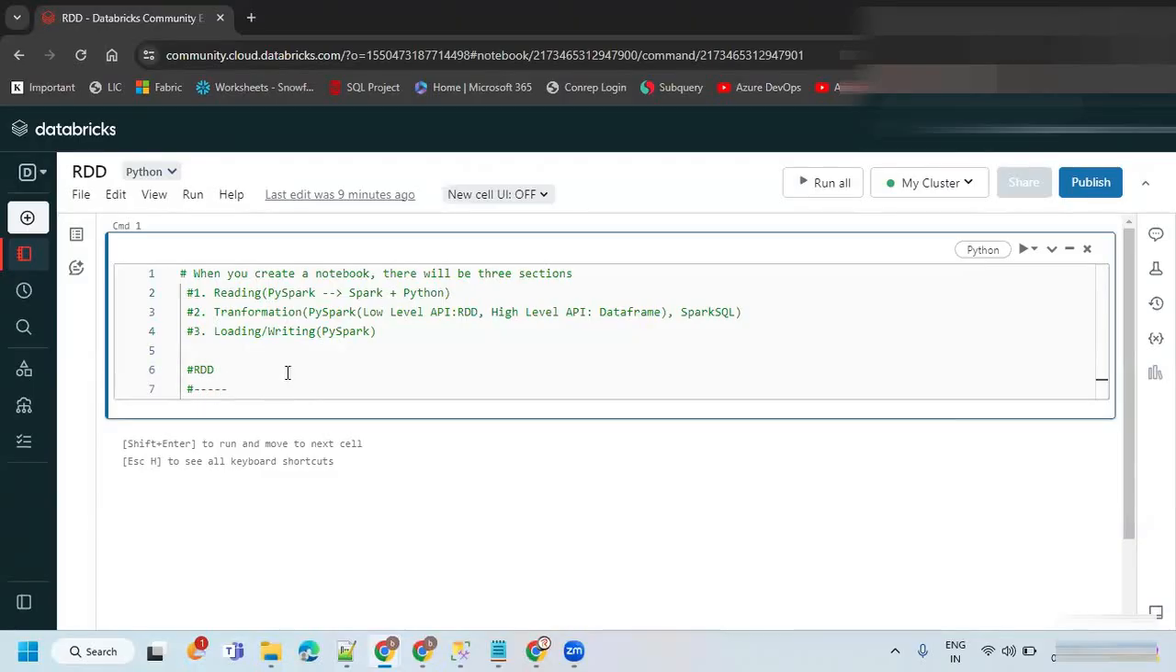So RDD means resilient distributed data set. Resilient distributed data set. So if you remember, I told you when you upload the file into Azure Data Lake